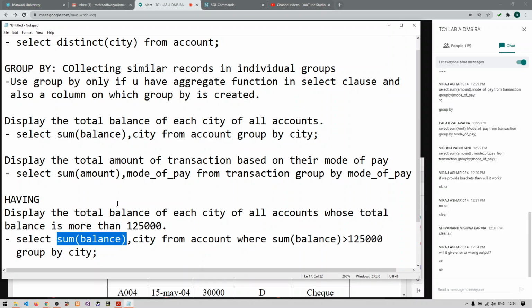Having is again used to put up a condition on an aggregate function, right? Clear guys what I am saying?